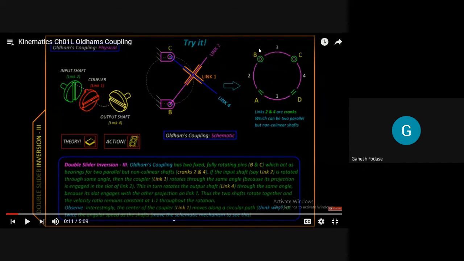Even though it is fixed, the pairs will remain the same. So CB, which is fixed, will form a turning pair with link 2. This pink one is link 2. Which kind of pair does it form with the fixed link? Turning pair, as given in the old diagram, this diagram also. Similarly, on this side, link 4, the blue one, forms a turning pair with C also. So the turning pairs are the same.